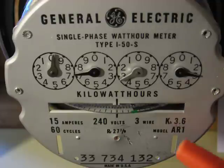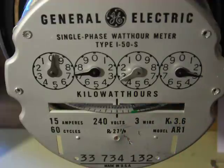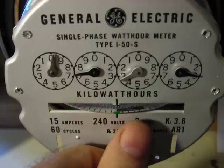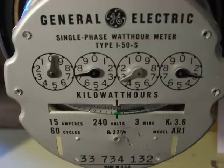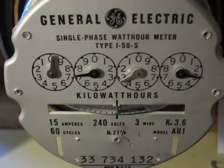It has a meter constant of 3.6. That's the number of watt hours per one revolution of this disc. The disc has got 100 tick marks on it, and the leading edge here, I put a little green mark, starts with black. So when that disc revolves one time, it means you've got 3.6 watt hours per revolution. If I turn on the air conditioner this is connected up to here,